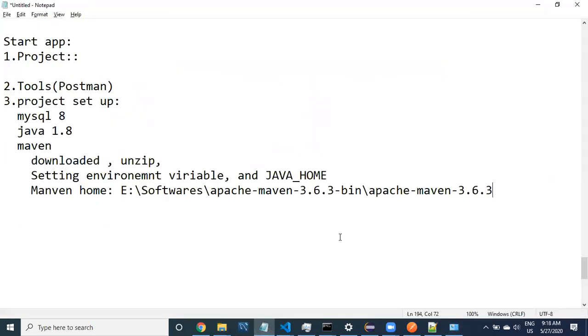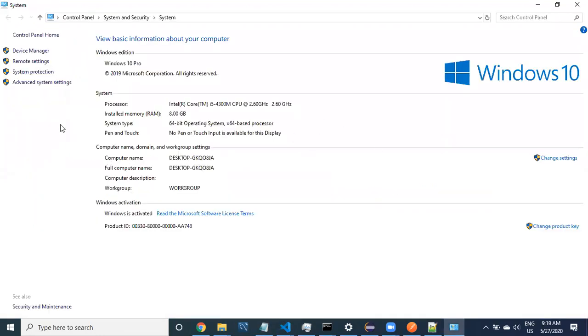First I want to tell you about setting the environment variable. This PC, right click, Properties. After going to Properties, it will display, and here you click on Advanced system settings.